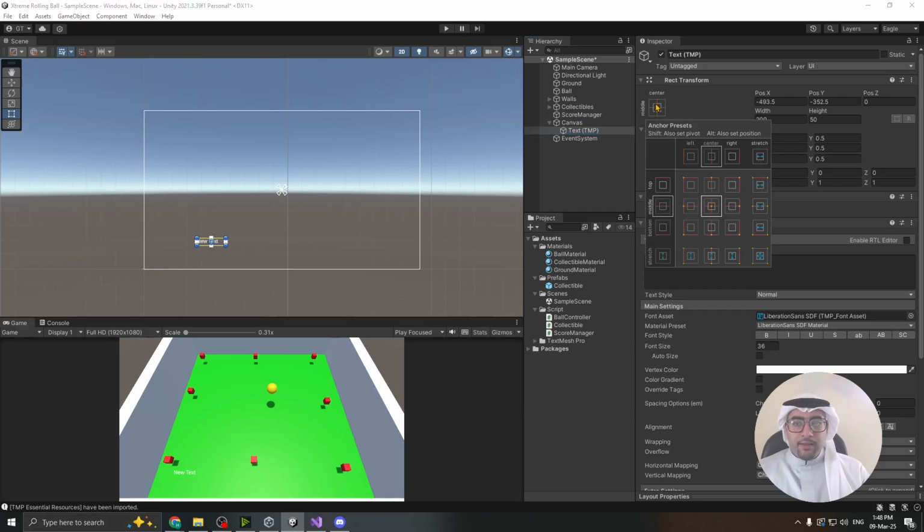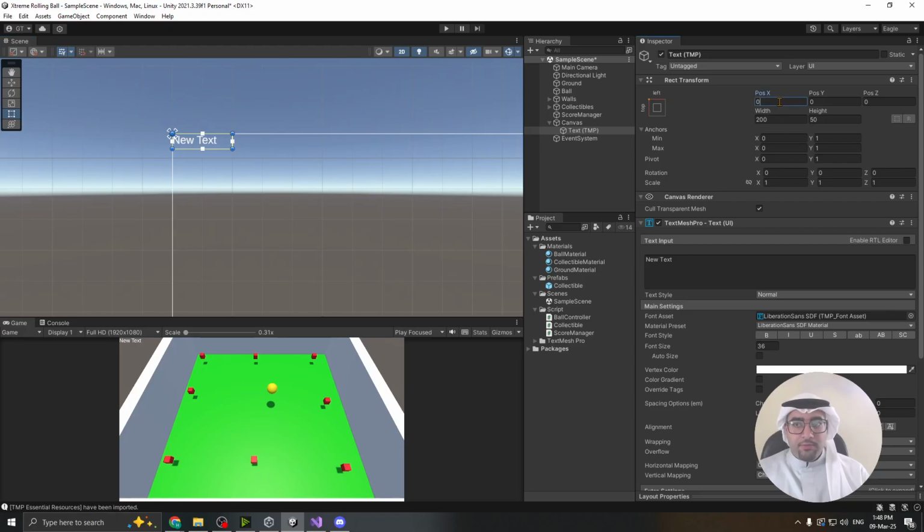Now, by clicking here, I can press on my keyboard Shift and then Alt, both of them at the same time, Shift, Alt, and then click on which corner I'd like it to be, whether it's top middle, top left, top right, bottom, center, etc. If you want it to be centered, that's your choice. I want it to be at the top left. I want it to have a spacing of, let's say, 10. No, that's too little. Let's make it 25, and then yeah, minus 25 from the